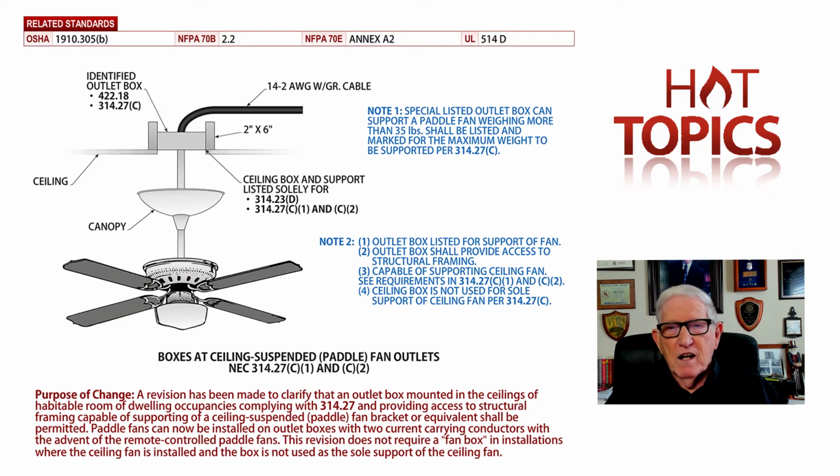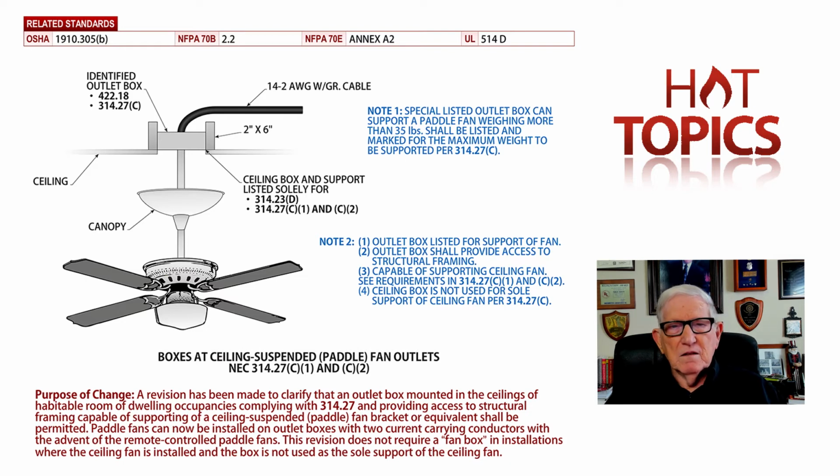Note 2 reads, outlet box listed for support of fan. And then item 2 says outlet box shall require access to the structure framing. Item 3, capable of supporting ceiling fan, and be sure to review the requirements of 314.27(C)(1) and (C)(2). And then, of course, the fourth item is a ceiling box is not used for sole support of a ceiling fan per